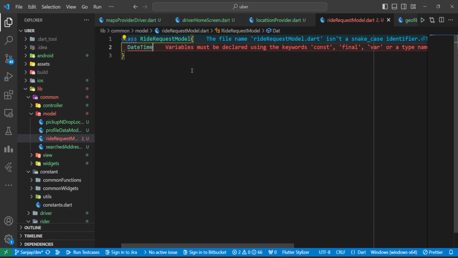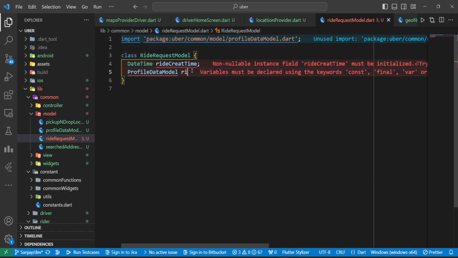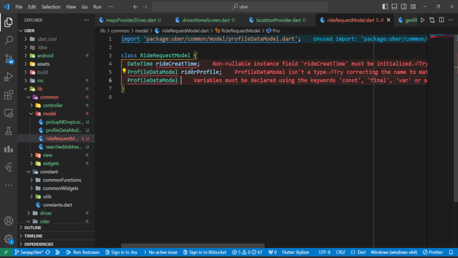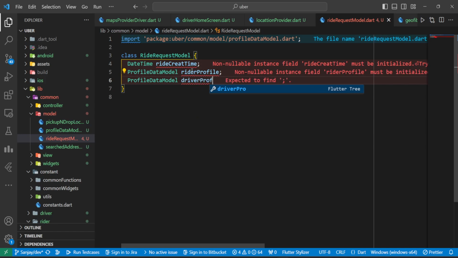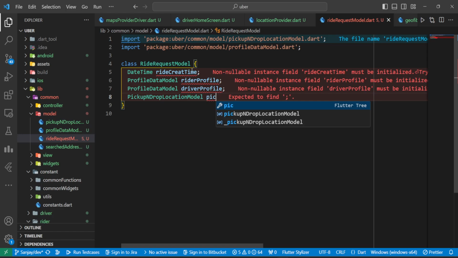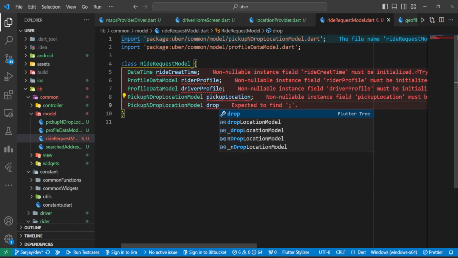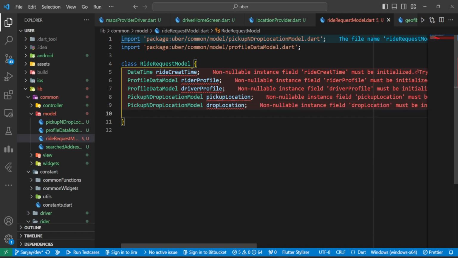So DateTime rideCreateTime, then comes up profile data model, rider profile, then comes up profile data model, driver profile, then comes up pickup and drop location model, pickup location, then comes up pickup and drop location model, drop location, then comes up